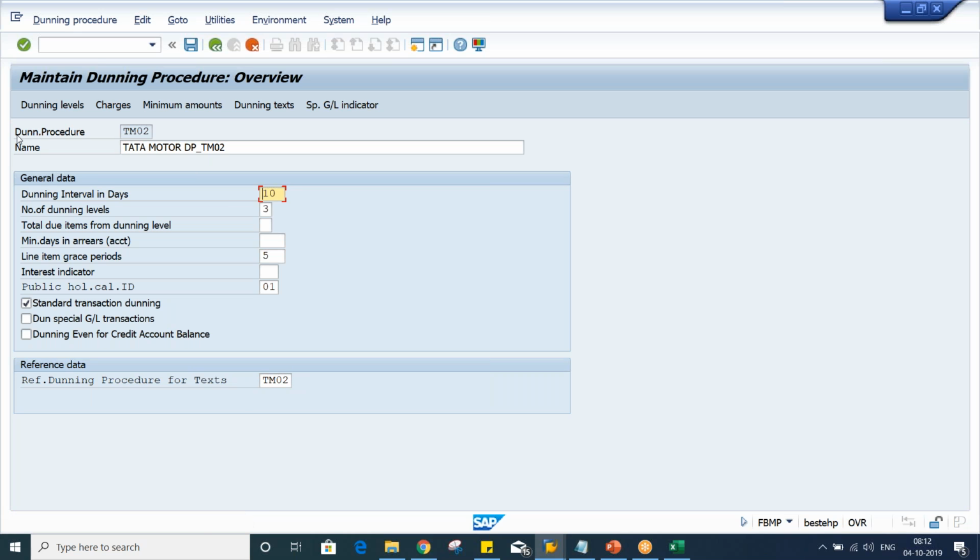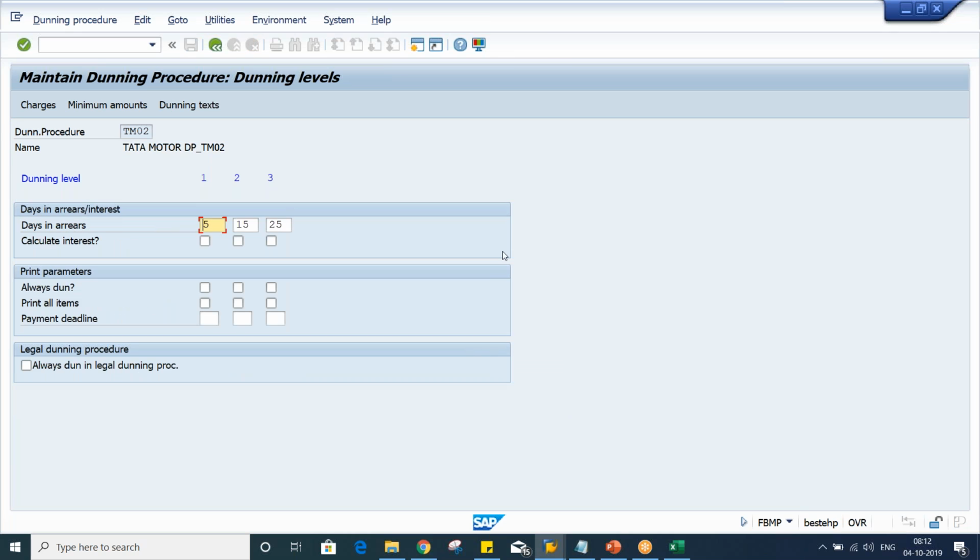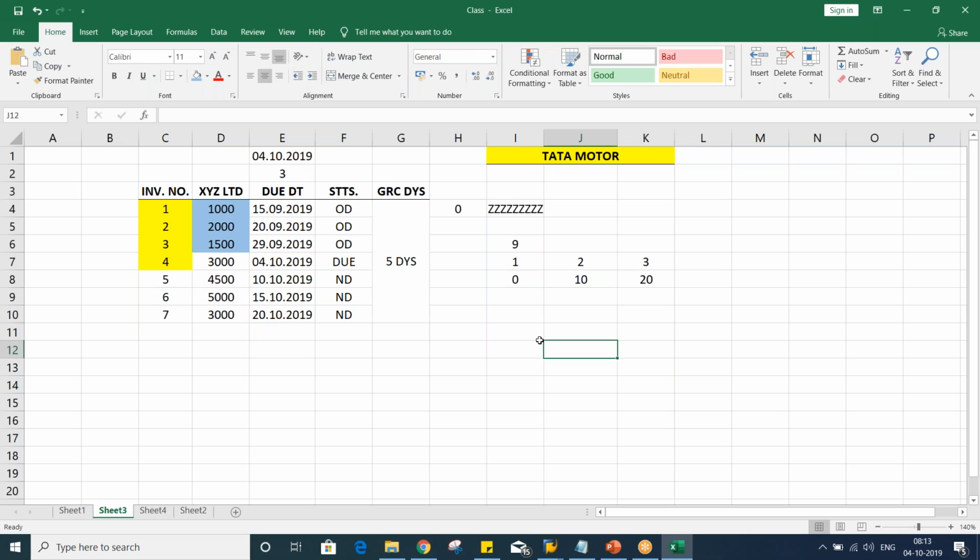Press enter. Okay, click on dunning level. Nothing we are going to give, guys. Okay, now here days in arrear. This days in arrear, once I generate the letter, I'll explain here. First of all, you just have a look. Now what is it saying here? That earlier, let's suppose without grace period, if the total dunning interval is 10 days, the first reminder, if it is going to be generated today, then the next reminder after 10 days, and the next, in the sense the third, after 20 days. But